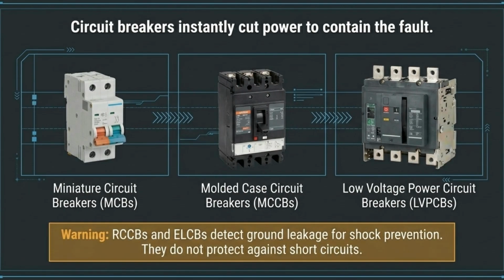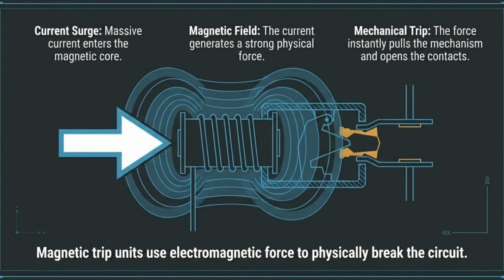Circuit breakers, such as miniature, molded case, or low-voltage power breakers, are vital for cutting power during a fault. It is important to note that devices like RCCBs and ELCBs are designed for shock prevention, not for short-circuit protection. Magnetic trip units provide protection by utilizing the physical force of a magnetic field. When a massive current surge occurs, it generates a force that instantly pulls a mechanical latch, physically breaking the circuit